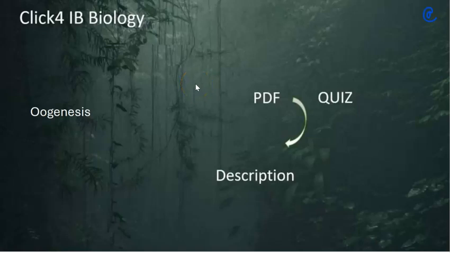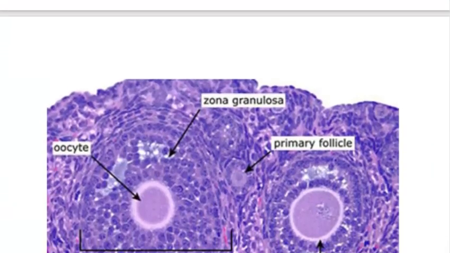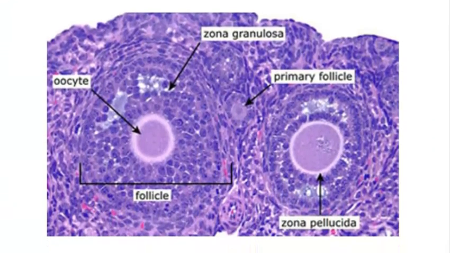We are studying D3.1 reproduction, and in this particular video we're going to be looking at oogenesis, the production of egg cells. There is a PDF linked in the description. Download that, annotate it with your own notes, and then take the 10 question quiz, which has answers to evaluate your own learning. So as we progress through this discussion on the development of the egg cell, remember that